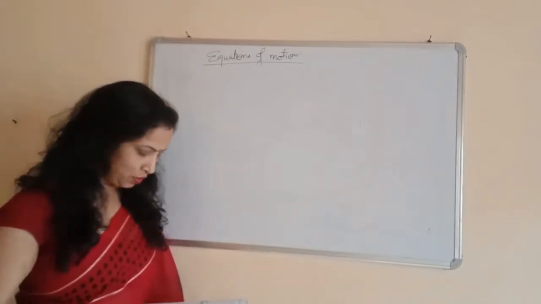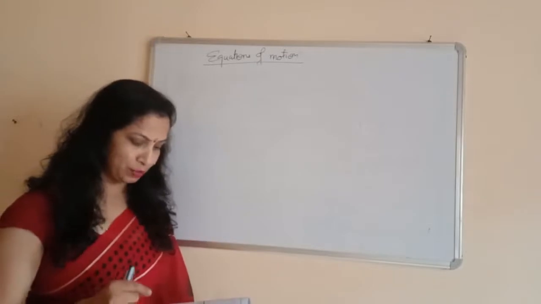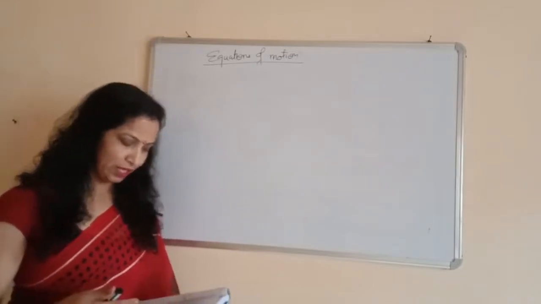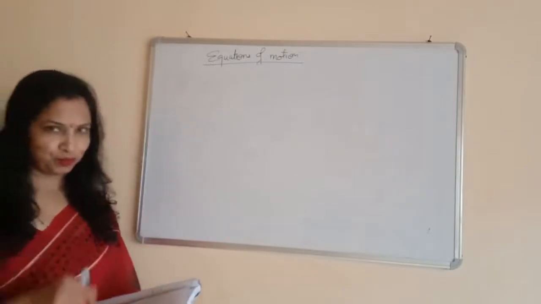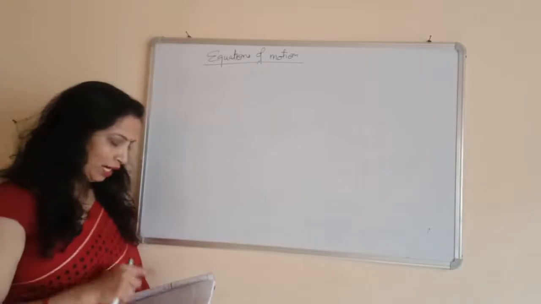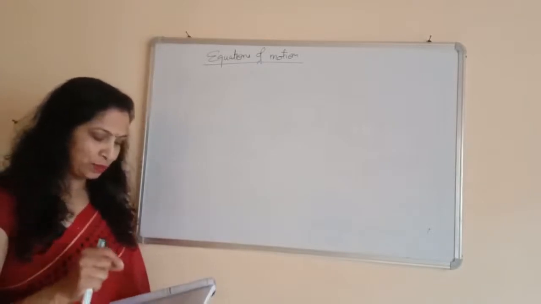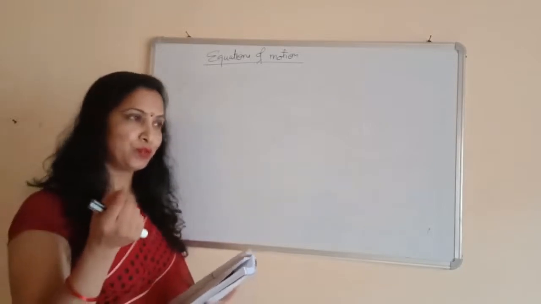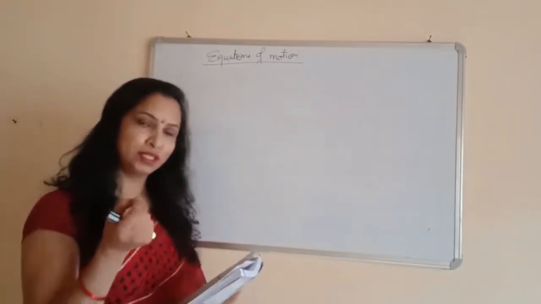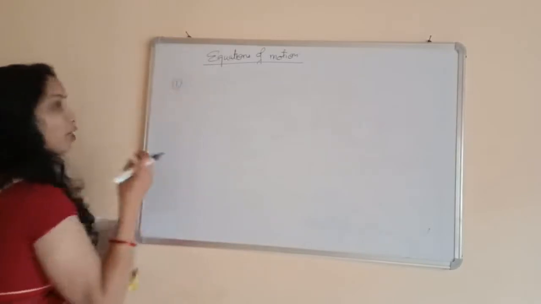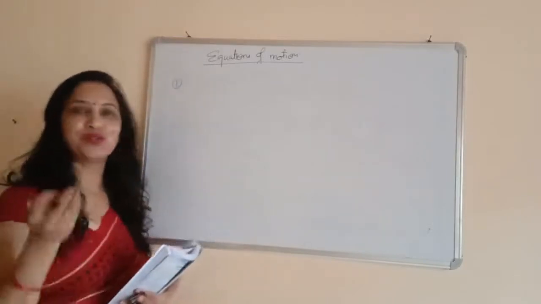A scooter acquires the velocity of 36 km per hour in 10 seconds. I also explained this numerical, I think, in the last video. No. This was not the same question. A scooter acquired the velocity of 36 km per hour. Okay. Before going through the numericals, I want to explain you some important terms. First one, some important points. Please note down these points.